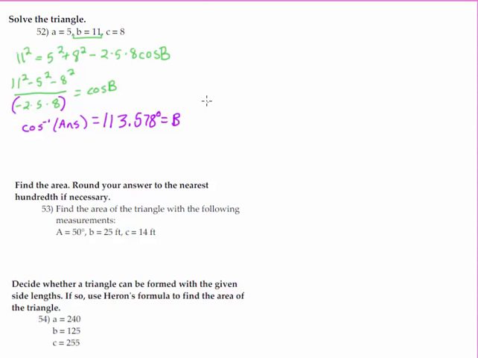Now I can either switch to the law of sines or I can keep using law of cosines, and it doesn't matter which way you do it as long as you get the biggest angle first. And really there's only one more step to do before we can just subtract from 180 to find the third angle. So let's say we want to switch back to the law of sines. We would do sine of what we just found over